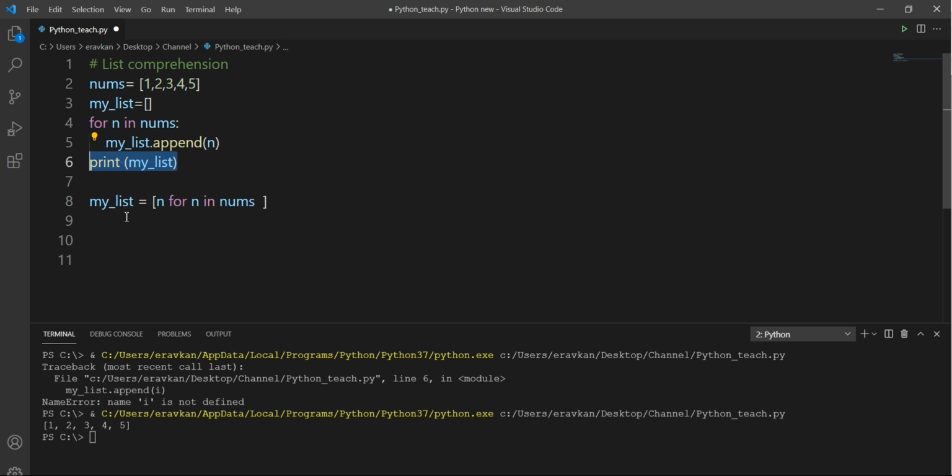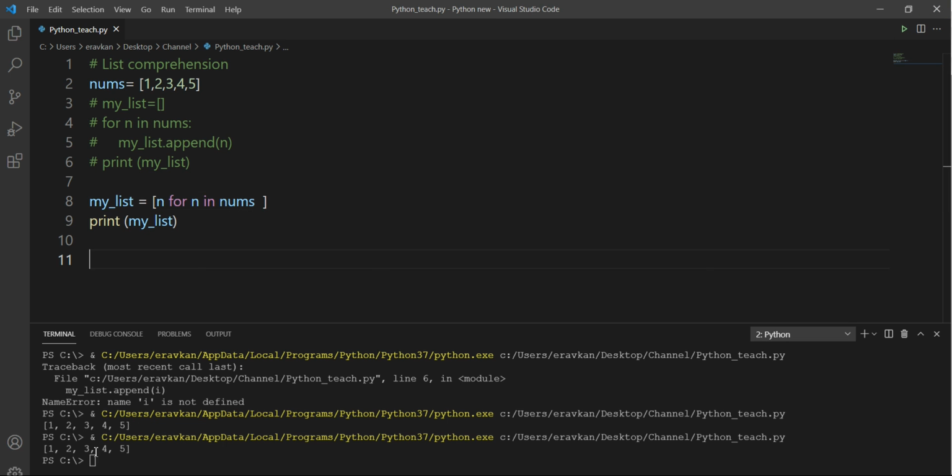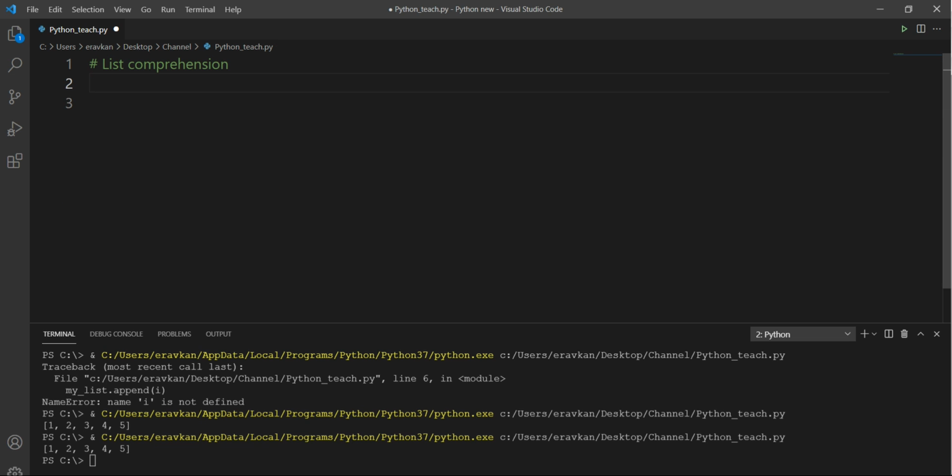In this way you can also create a list, and this is called list comprehension. See, it takes only one line, and you took so many lines for this operation, with the same output. List comprehension is a good way, but sometimes it's confusing, so you need practice. Let us take some more examples so that things will be clear to you.